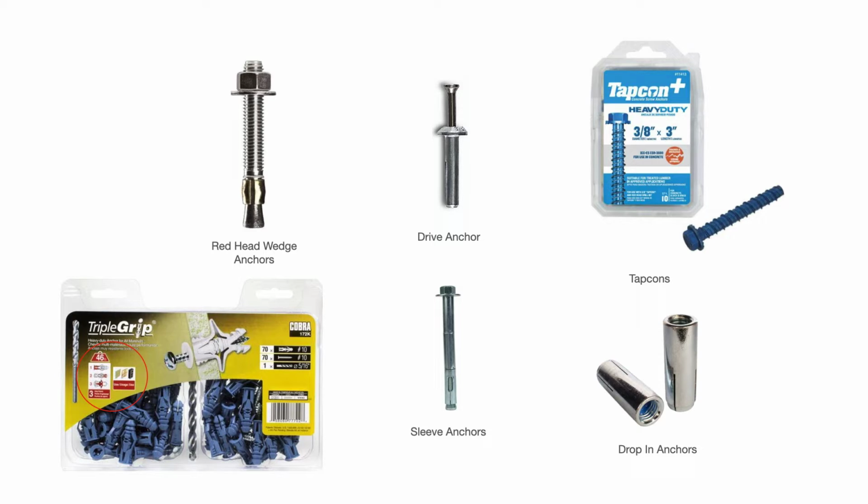Then drive anchors. So the way these concrete anchors work is you drill your hole in the concrete with a hammer drill, and the wedge anchors, the sleeve anchors, the drop-in anchors, you have to tap those into the hole with a hammer. And the sleeve anchors and the redhead wedge anchors, you would then take your wrench and tighten that nut down, and that wedge expands in the hole, or the sleeve expands in the hole, and that's what holds the